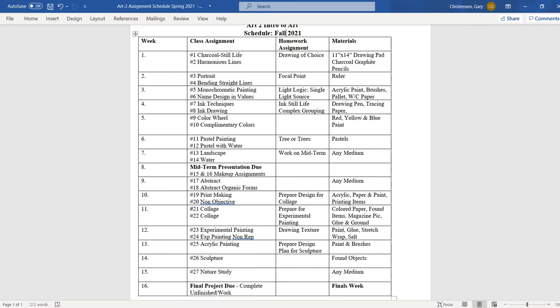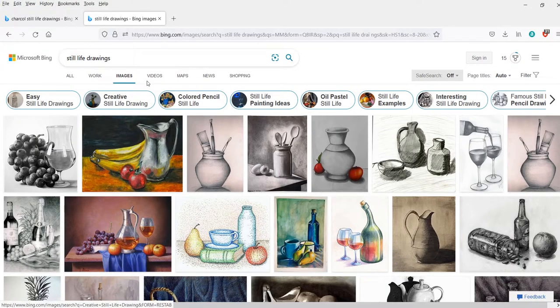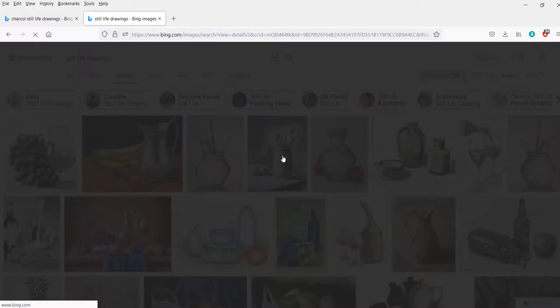Okay, so let's talk about the first project here. And I'll show you some charcoal in a minute, but still life means it's something that's set up in front of you on a surface, maybe a table, with a single light source, so that you have light coming from one direction.